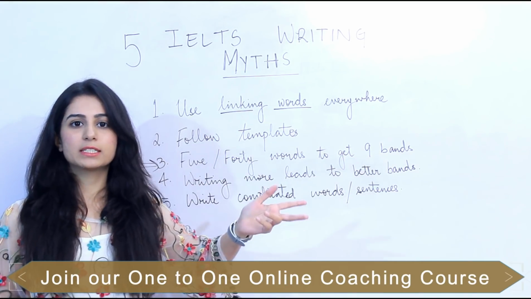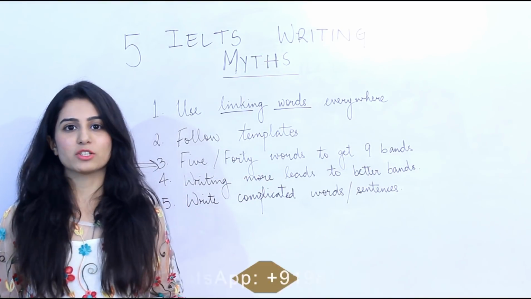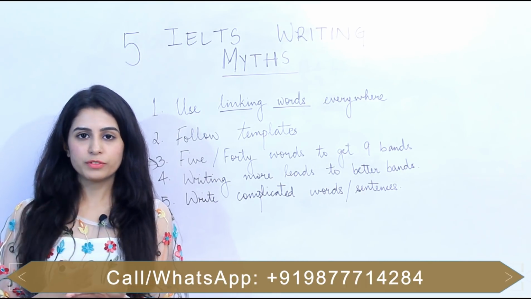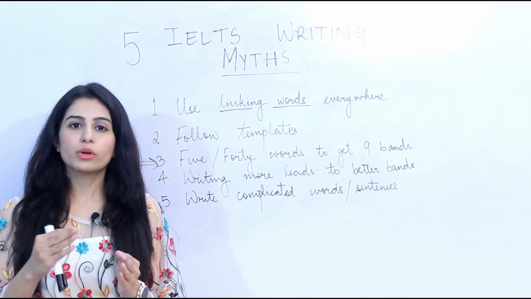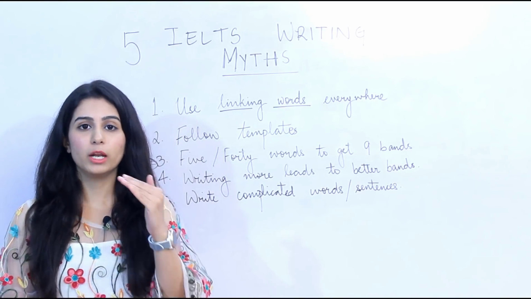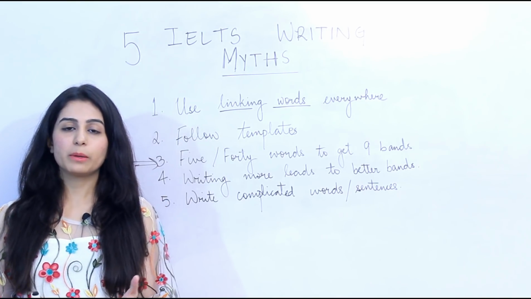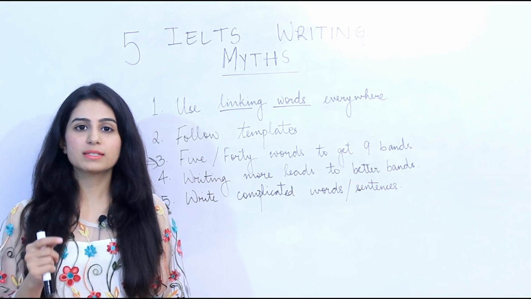So the purpose here is different. Here you are gaining knowledge but not scoring a 9 band score. So you need to just write 250 words in your essay and 150 words in your Task 1. You can write like 20 words over, but not a single word below the prescribed word limit. So if the prescribed word limit is 250 words, it should be above 250 words, not a single word lesser